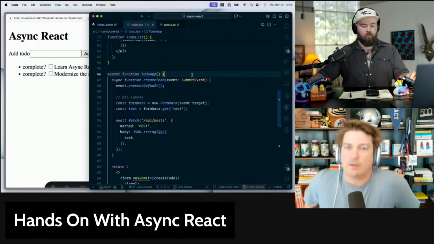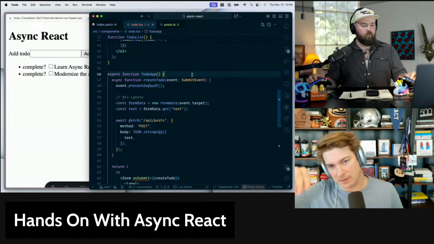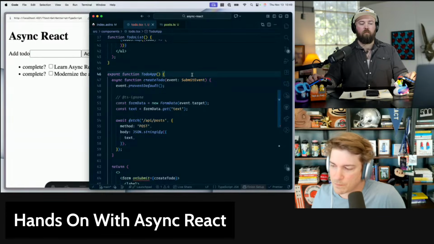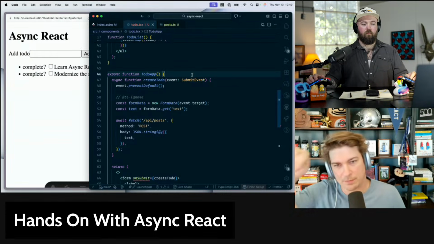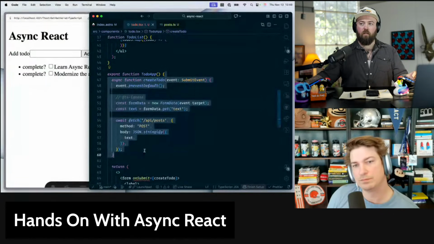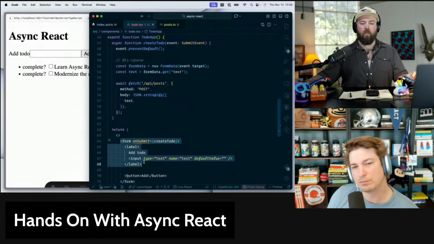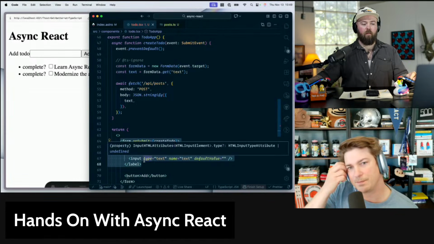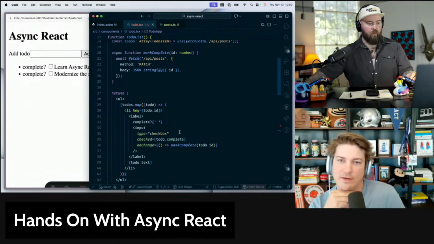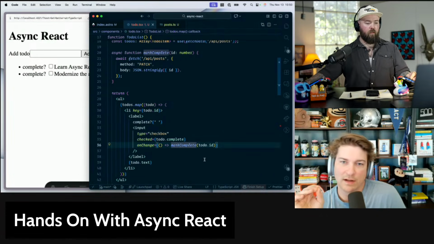So now what we need is after we do the fetch, let's move this down just because I think it'll be a little easier. Move the form into its own thing. No, actually, let's do the complete first. Sorry. Okay.